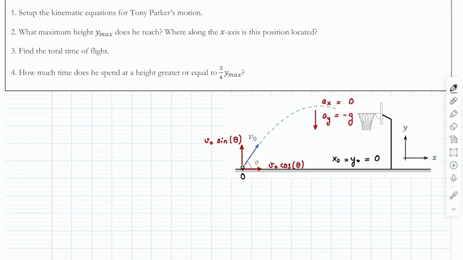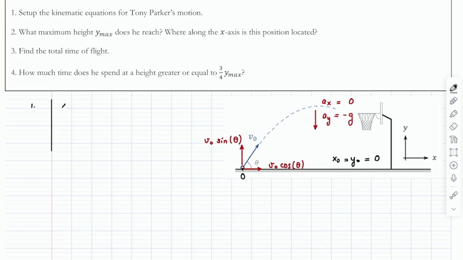Okay, so I know how to write the kinematic equations, right? You see what I just said. A lot of the times you'll get exactly what I derived before because it is very common to launch a projectile from the ground up and to the right. So it's very, very common. It's not the only type of problem, just to be clear. You'll find problems that do it different, but it's very common, so we should not be surprised that we get the same kinematic equations that I derived before.